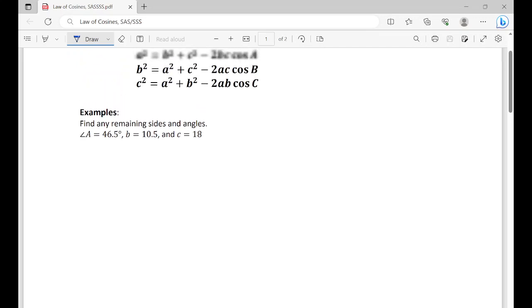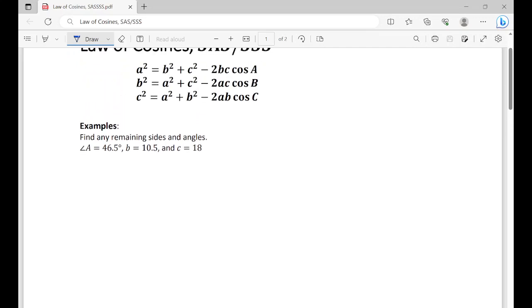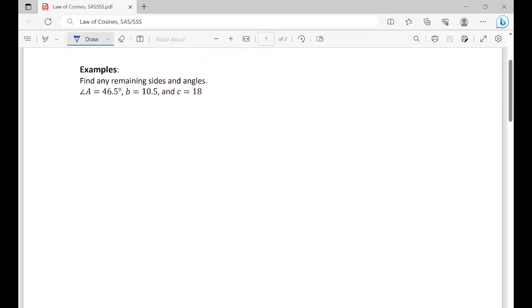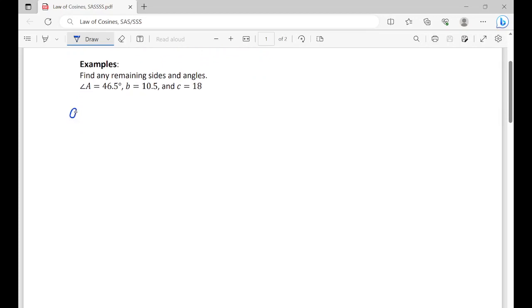Well, seeing that I have angle A, side B, and side C, I look at my three formulas and I see a B, a C, and an angle A. So I'm automatically drawn to the first law of cosines formula. So that's what I'm going to do here. I'm going to say that A squared equals 10.5 squared plus 18 squared minus 2 times 10.5 times 18 times cosine of